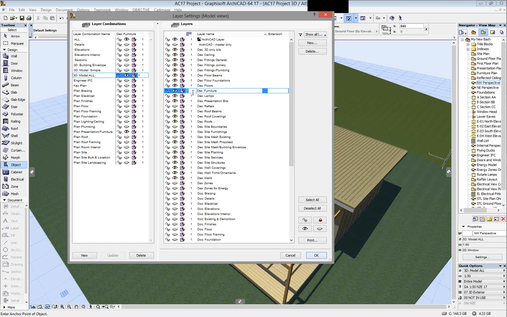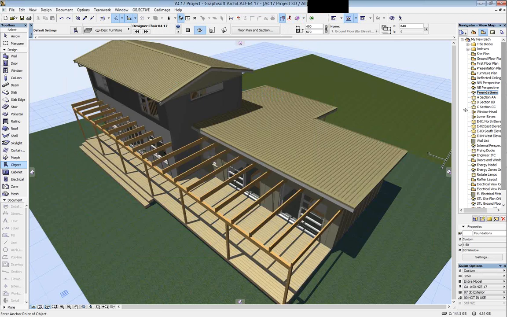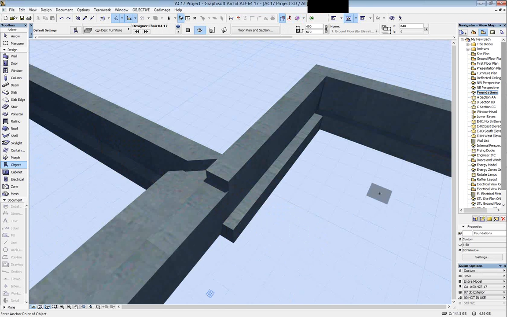Then you've got building materials, of course, which we talked about, and then new for ArchiCAD 17 is this thing called junction order, which is very powerful. So I've got some beams here because we use the beam tool to do our foundations. I've got 3 beams that are intersecting at the same point here. Now ArchiCAD in its infinite wisdom has intersected the wrong beams. So it's intersected this big fat one here and one of my skinny ones. Now I want the 2 skinny ones to intersect, so if I choose them,